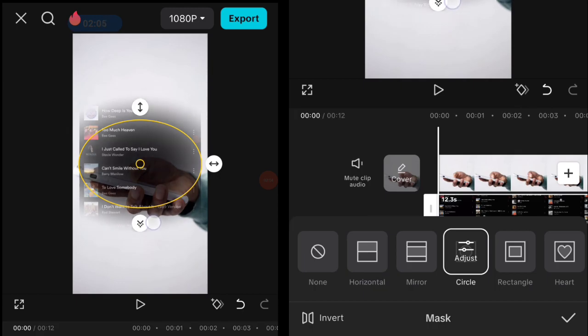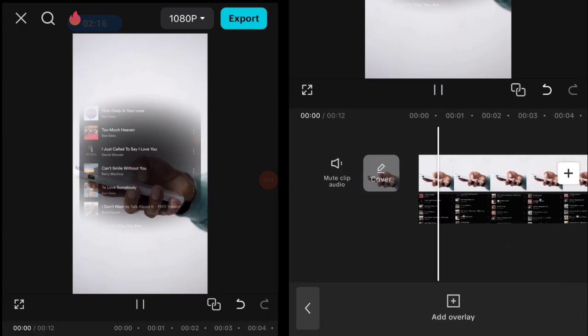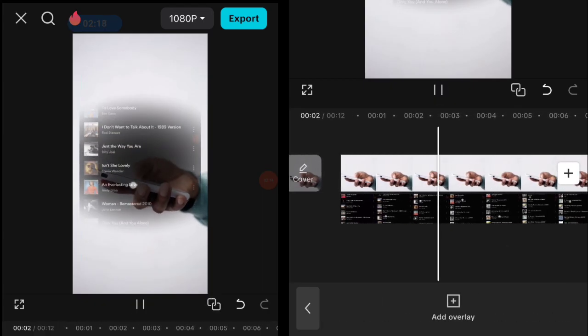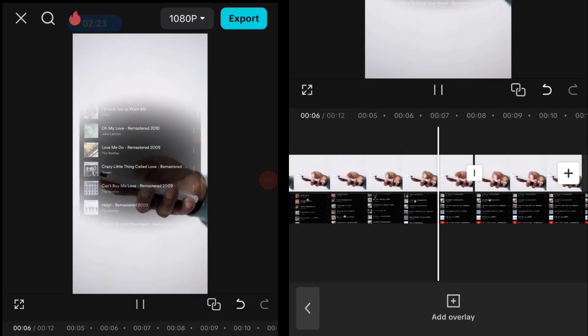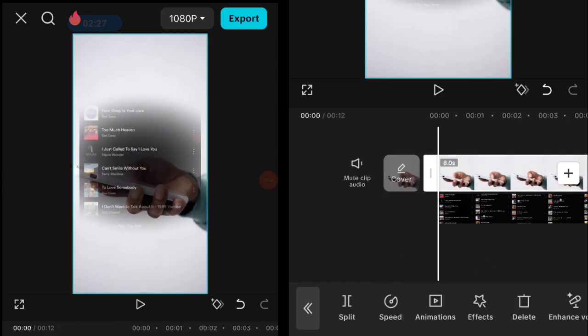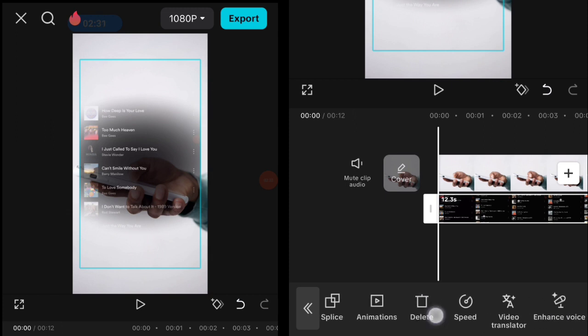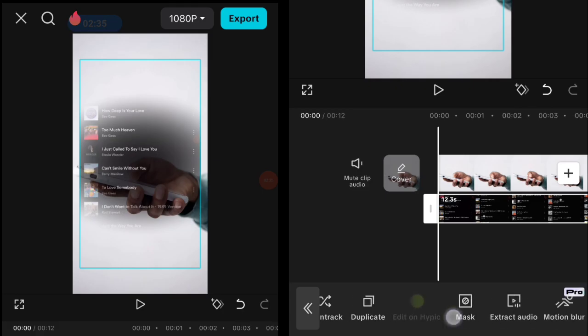Don't increase it too much, just at this position, just like this. Okay, now when you're done, just hit this check button like this, and as you can see, the screen record of your Spotify is already on this video, and it looks like it's matched with the first clip of the video. And you can follow my suggestion, this one, by decreasing the opacity from this